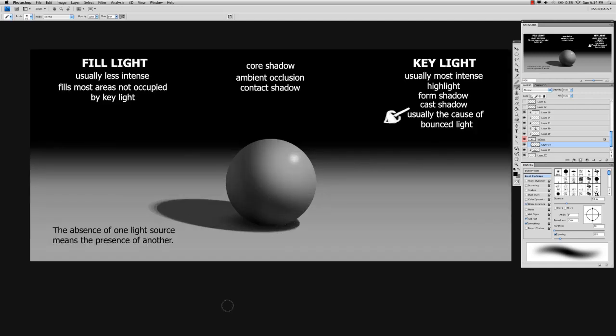Again, this small, seemingly innocuous thing plays a really big role, and I think in combination with all the other elements, fill light and key light, core shadow, it's one of those pieces of the puzzle that if it's not there, you kind of get the idea of what's happening in the picture, but having all the pieces of the puzzle there is better than not having them all. I know that was super deep, but